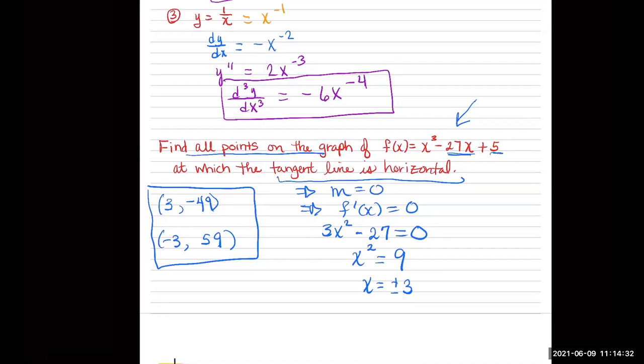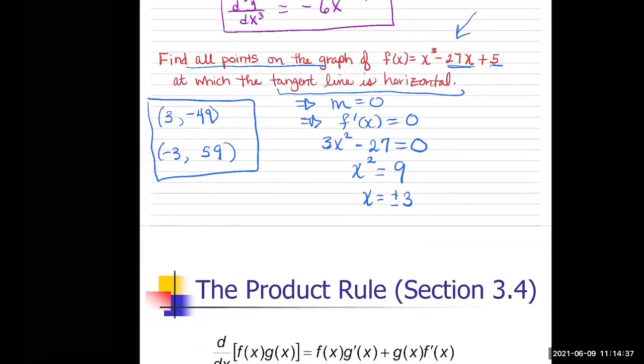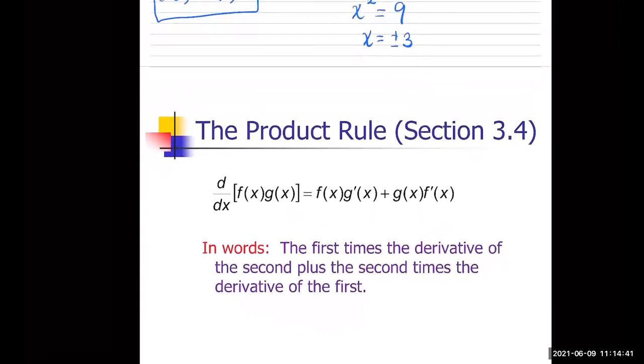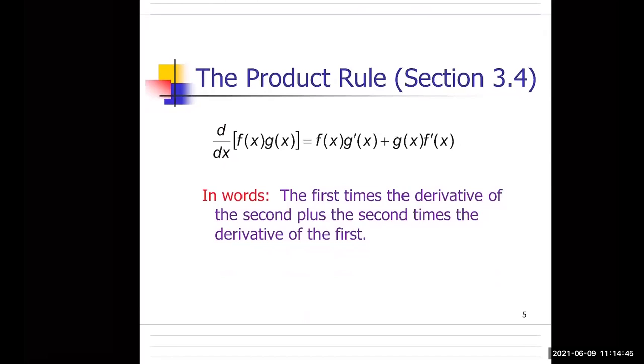Okay, so now we are going to move on to section 3.4. And section 3.4 is about the product rule and the quotient rule. So what you see here is a statement of the product rule. The product rule says that if you take the derivative of the product of 2 functions, so your functions are multiplied together, so you're going to see some examples of that in just a little bit, that will always be